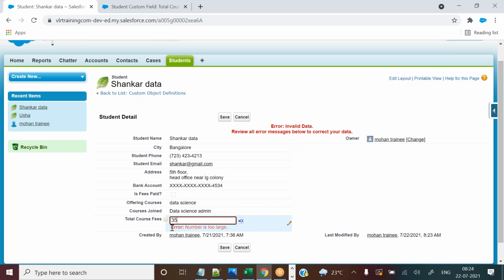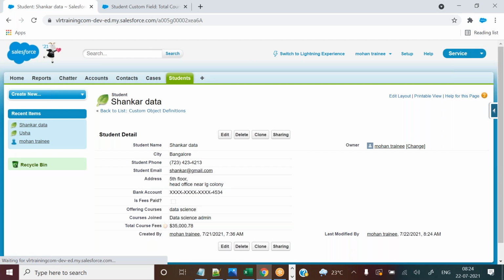And if you want to add paisa also, like 78 paisa, you can save it. Before the decimal, totally 5 numbers are there, and maximum 6 you can enter. After the decimal 2 numbers are there. If you want to add 3 numbers after the decimal, no problem, it will take only 2 numbers.